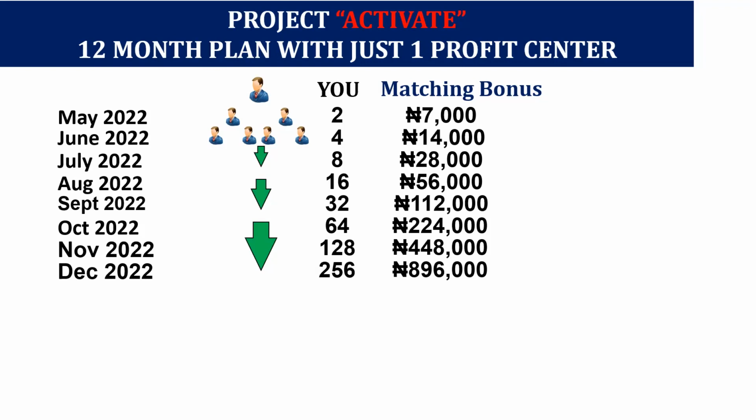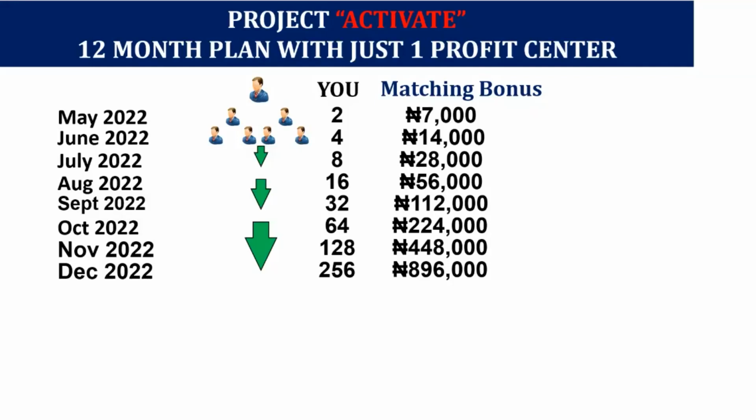Ladies and gentlemen, with this 896,000 naira, you wouldn't have high blood pressure again when children are returning back to school in January. With this 896,000 naira, a lot of you, your children will not resume in the old school. You will change their school for them. With this 896,000 naira, some people will change their house because they can afford a better house. They can pay rent for a better house.